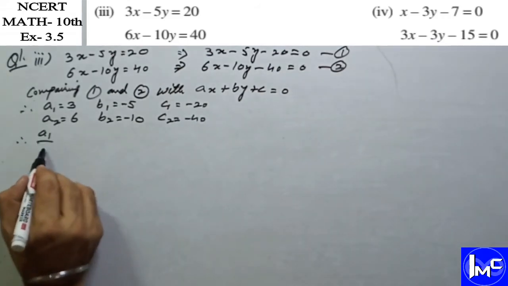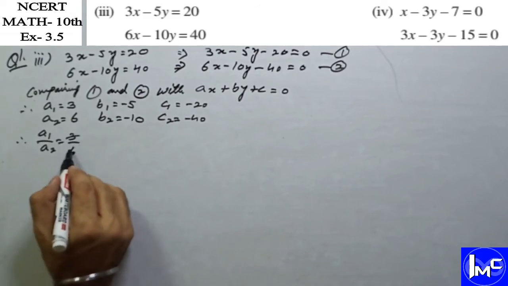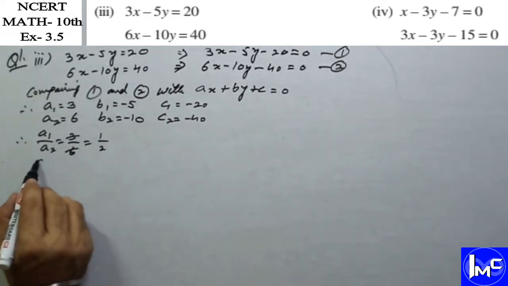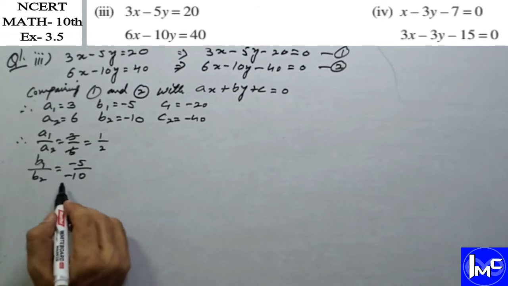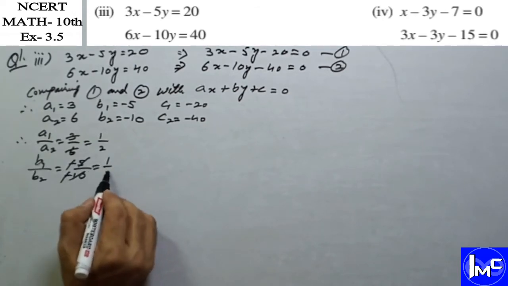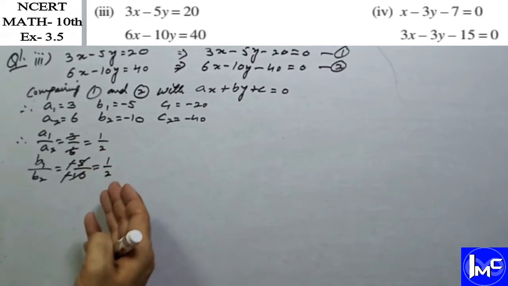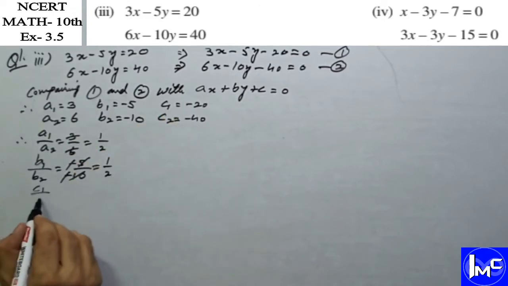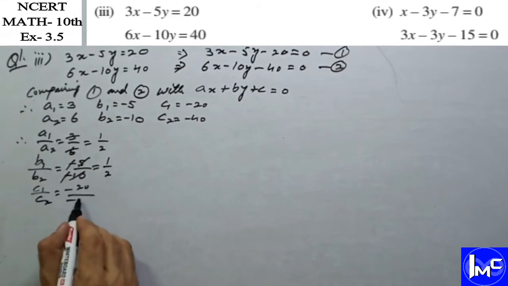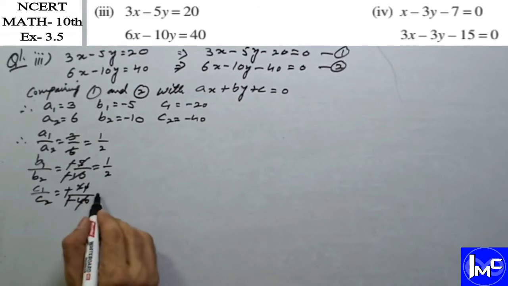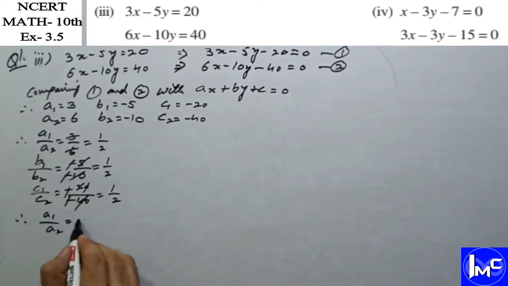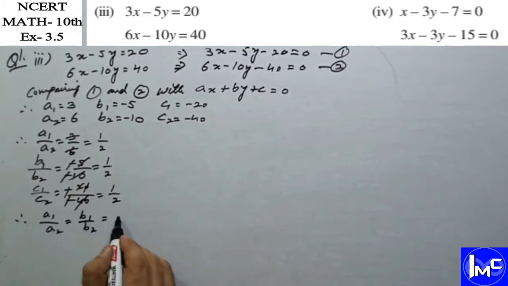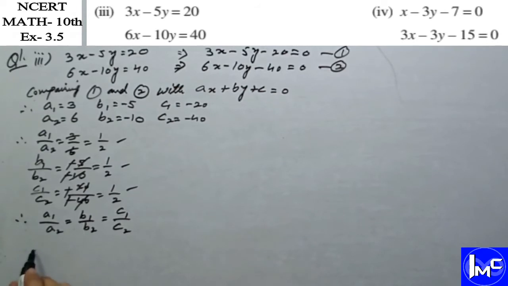And the ratios a1 over a2 is equal to 3 by 6, and it will be 1 by 2 by cancelling. b1 over b2, it will be minus 5 over minus 10, and by cancelling it will be 1 by 2 again. And if these two ratios are equal, then we will skip to the third one. c1 over c2 is equal to minus 20 over minus 40, and it will be again 1 by 2. And this is a condition when a1 over a2, b1 over b2 is equal to c1 over c2, because these three ratios are equal, and so the system